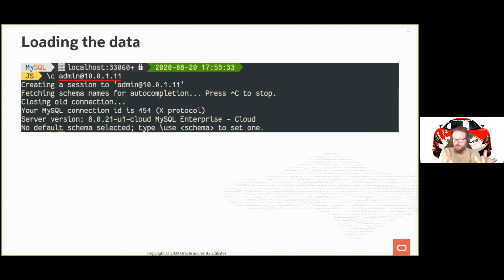So from the same shell, I connect there, and you can see I'm allowed to connect. And you can see here that MDS is not using Community Edition, but Enterprise Edition. And I'm at 8.0.21 MySQL Enterprise. And now that I've done that, I just need to load back all the data that I've stored in the